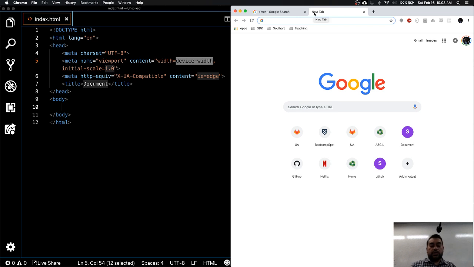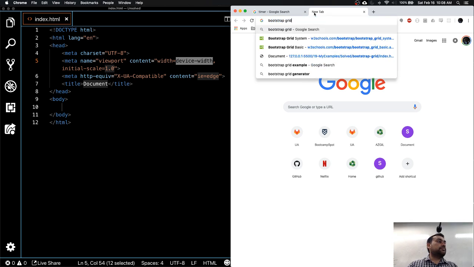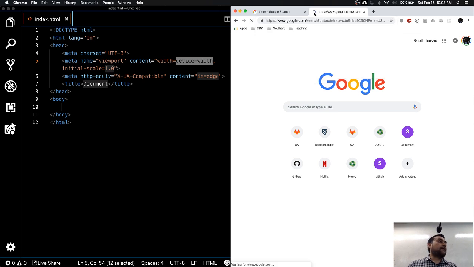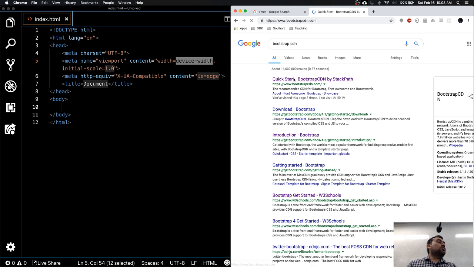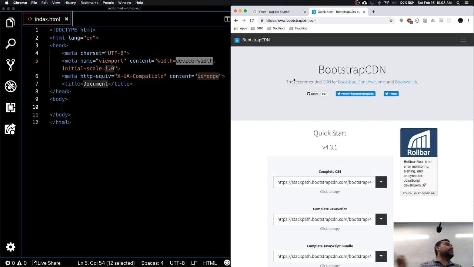So I'm going to Google Bootstrap CDN. What CDN stands for is Content Delivery Network. You will see this a lot. It's just a fancy term for a host or a server or a centralized location where your content is located.